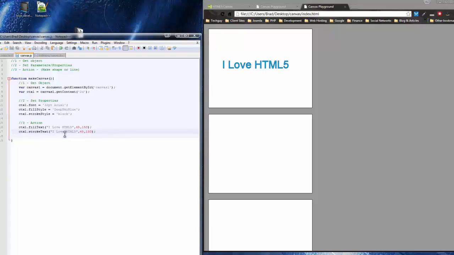So you'll see if I write, let's say if we wrote I love you HTML5 and we save, and this is just the stroke, we're doing this. If we reload, you'll see just the stroke has spelt out I love you HTML. So you gotta make sure it's the same, unless you're trying to do something else. But if you want to add a stroke to the fill text, it has to be the exact same. So that pretty much does it for this canvas, the text canvas. Now I'd like to move on to the next one. And this one is going to be